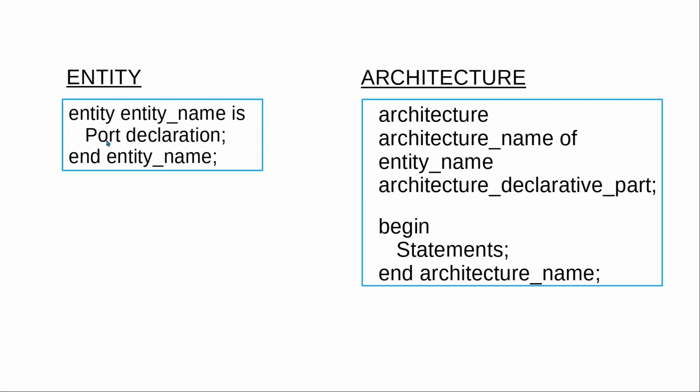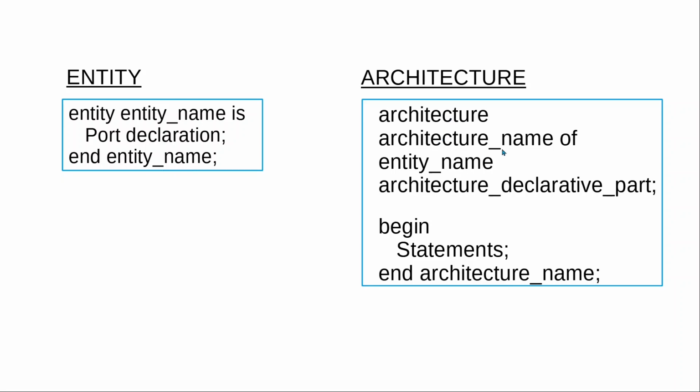A port is basically a keyword that describes the input output ports of that entity, what input it takes and what is the name of that input, what outputs it produces and what is the name of that output, and then we end the declaration of that entity with this keyword end, and we write the entity name, which was AND gate number 1.